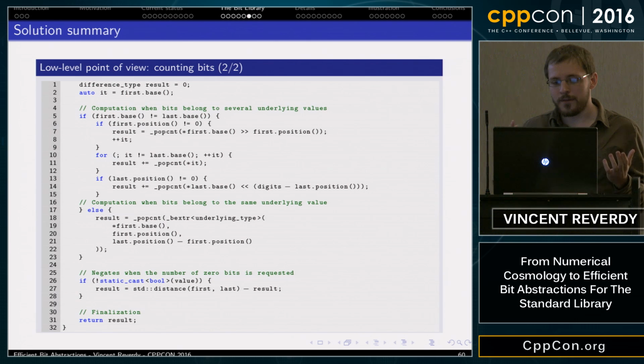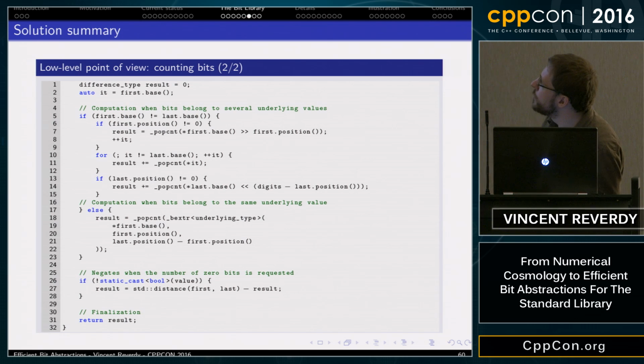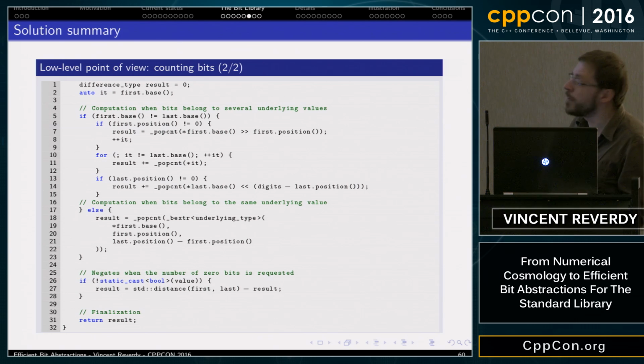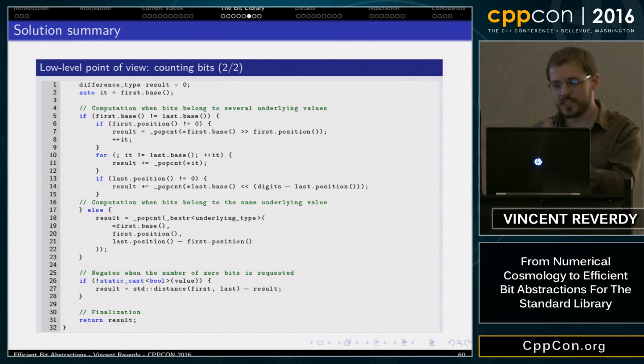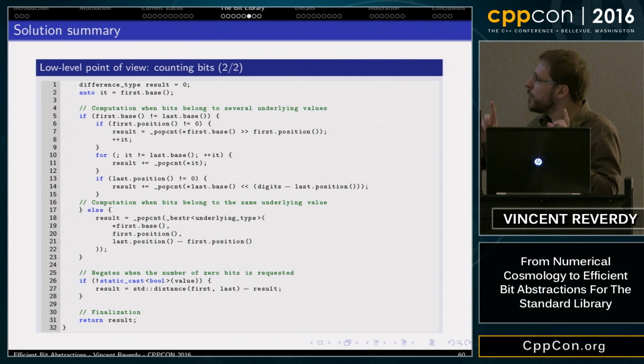And what you do is you shift your first integer and you count the remaining bits. Then on the unsigned integers that are between first and last, you simply iterate on the sequence and execute a popcount function on them. And then if you have remaining bits on the last integer, you do the same as before. You shift your integer and you count the remaining bits. Where your two bit iterators, first and last, are on the same underlying integer, then you do something a little more tricky.